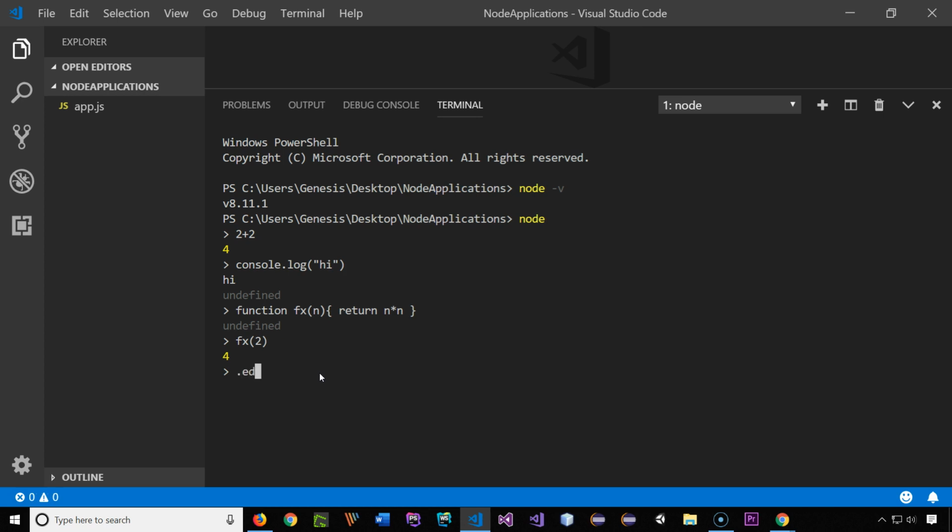One of these is called the editor mode. If you go directly here, instead of doing one line at a time like I did up there, you can go into editor mode, and then here you can write some scripts. So I can write a function if I want to. I can say function, another function maybe, f of y, and then this will return